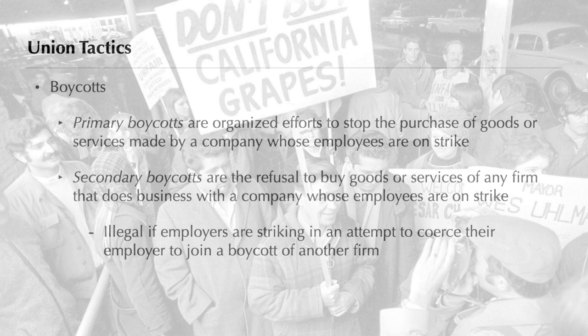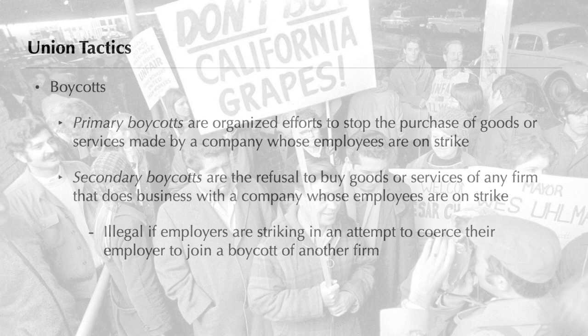During the 1960s, Cesar Chavez led the National Farm Workers Association in an attempt to improve the wages and working conditions of migrant agricultural laborers. The union expanded and became known as the United Farm Workers, or UFW. In 1965, the union organized a primary boycott of grapes. Millions of consumers across the United States supported the union by refusing to buy grapes. This primary boycott lasted for 5 years until grape growers in California agreed to a contract with the union.